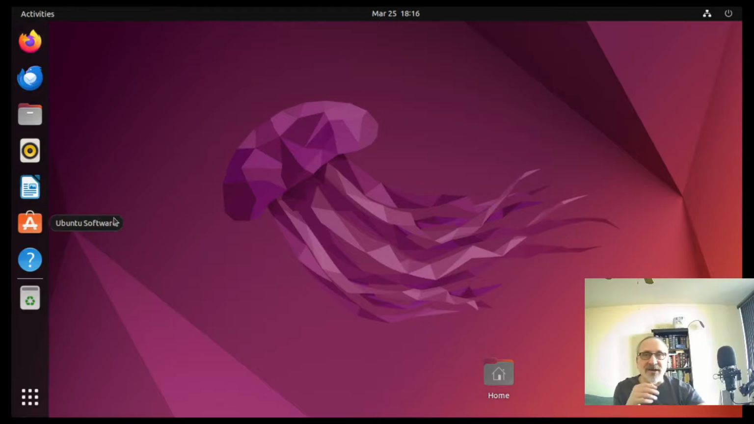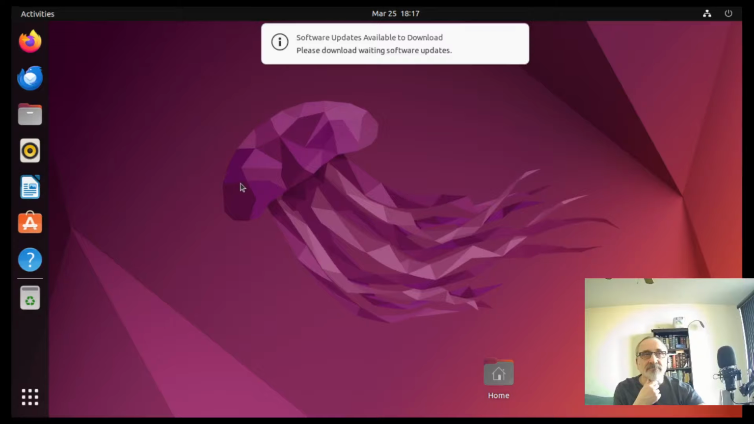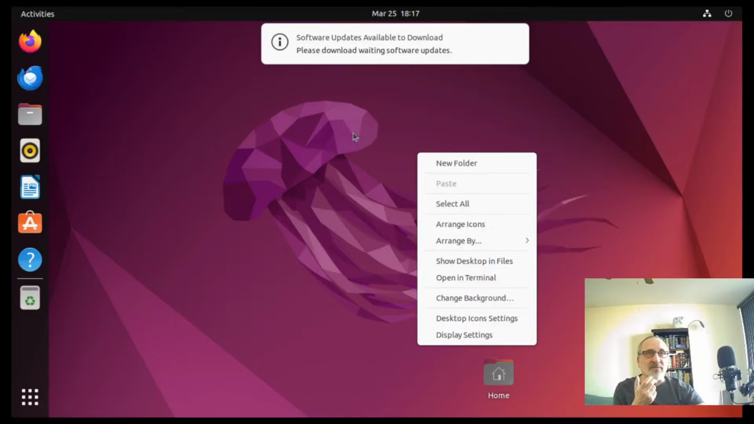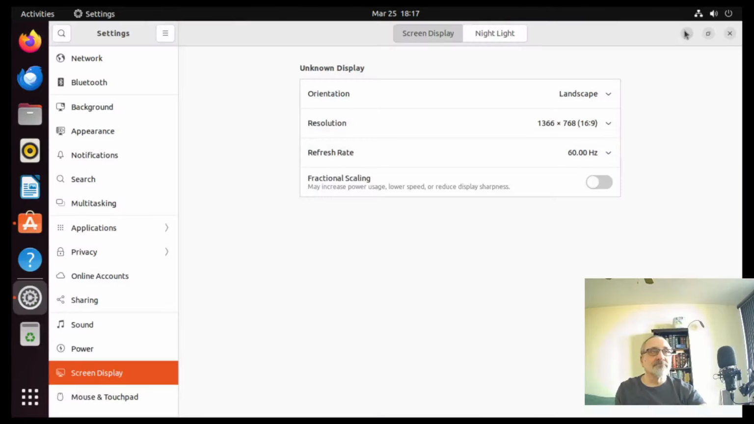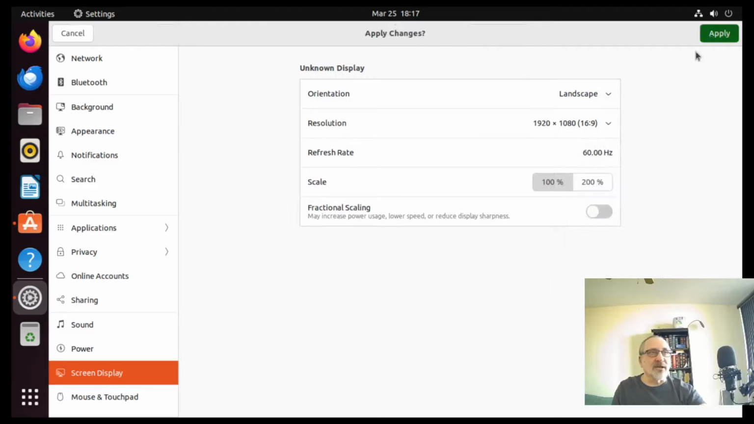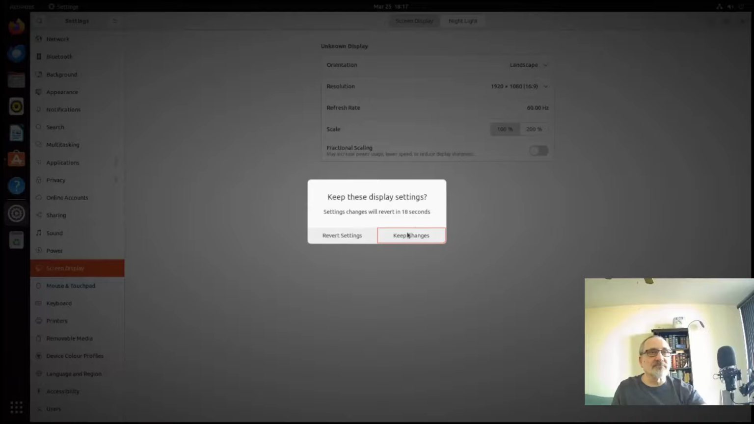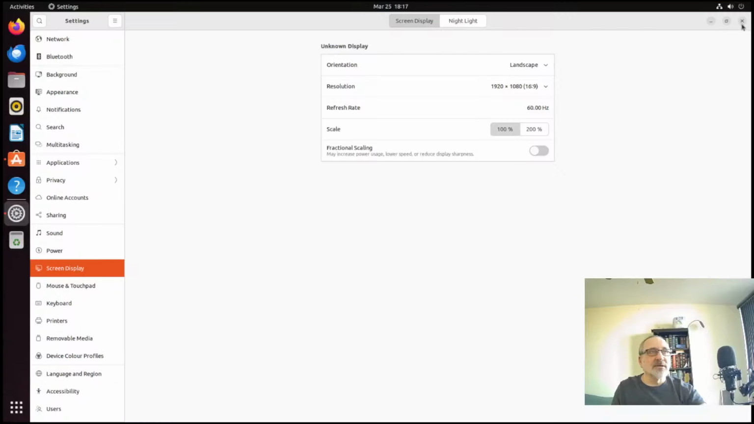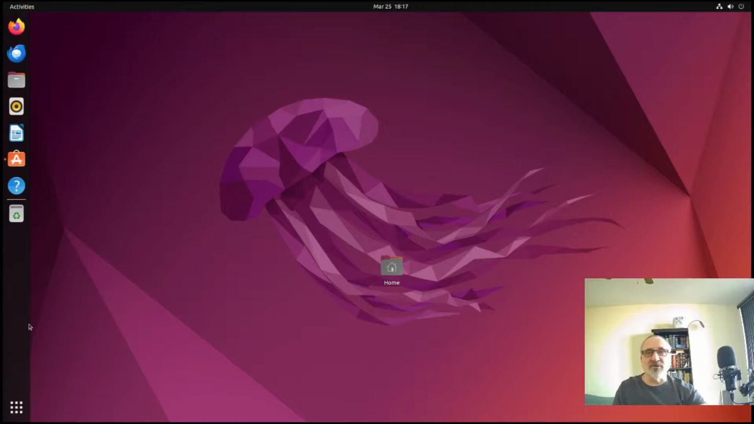Now, this bar on the side I don't like, and it's kind of big. So most people would have the display resolution like 1920 by 1080. Oh, there's more software updates available to download. What's going on here? Well, let's look at this first. So normally I would have the display at 1920 by 1080. Let's apply it. Keep the changes. So the bar wouldn't be so fat and intrusive,